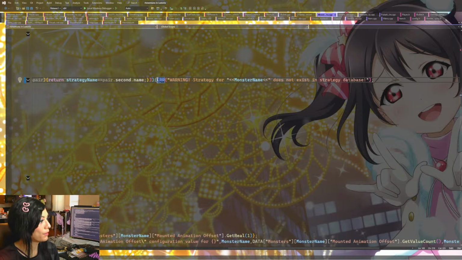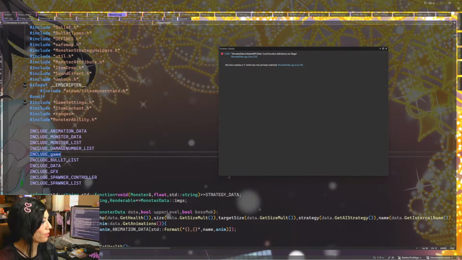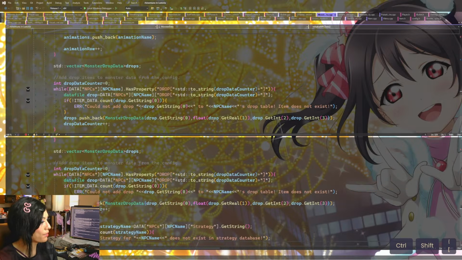Although, do I even need one? I think my intention was to just delete it. Yeah. That's probably what I meant to do. And then strategy data count doesn't exist here either, so we can do the same thing with the standard none of again.